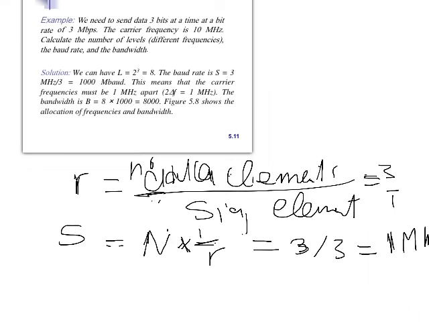So the signal rate is 1 megabaud, and this is a typo, by the way. It says 3 divided by 3 is 1000 megabaud. So it's actually 1 megabaud. Okay, so you can correct that. This means that I have 8 carrier frequencies for sure. I need to have 8 carrier frequencies. So what's 2 delta F? Well, I have to give that to you.